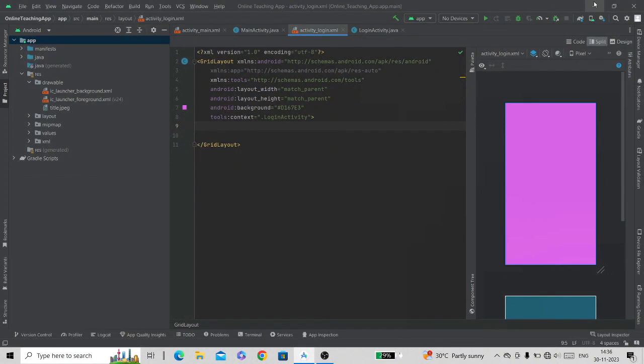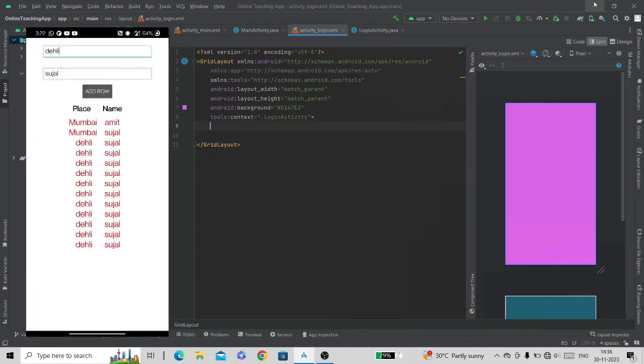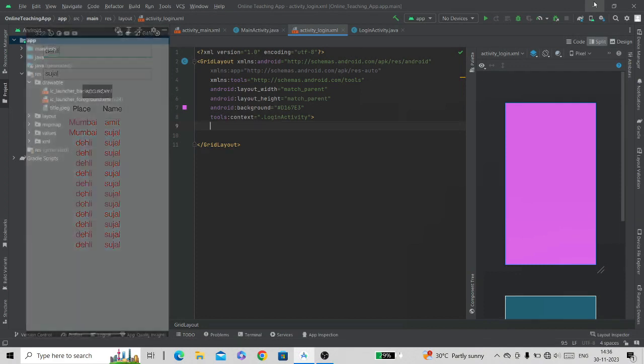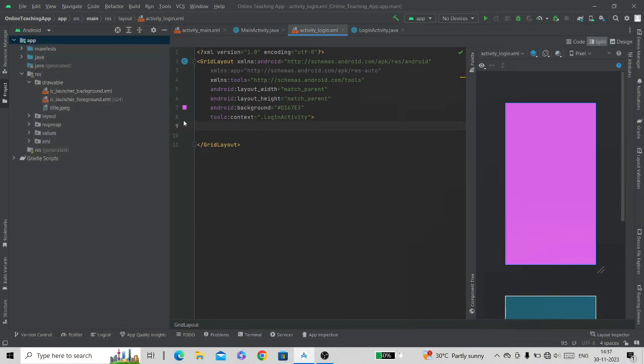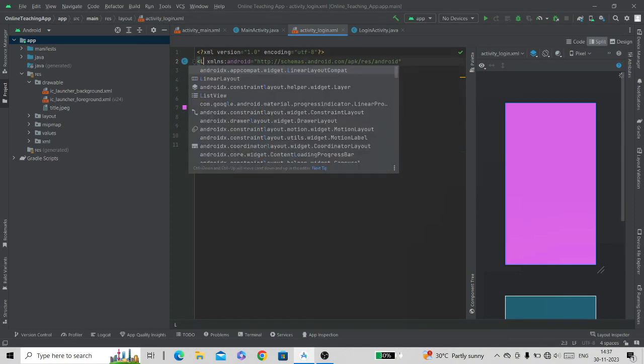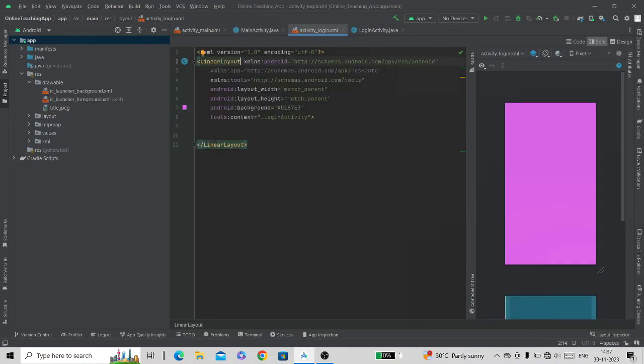With the help of table layout, we create tables in Android. So we will take an example of a table and try to create it using table layout. So this is the table we are going to create here. We will take the first layout as a linear layout, and inside that linear layout we will create a table layout. Change the layout to linear layout and we'll set the background to white and because it's a linear layout we need to specify the orientation.